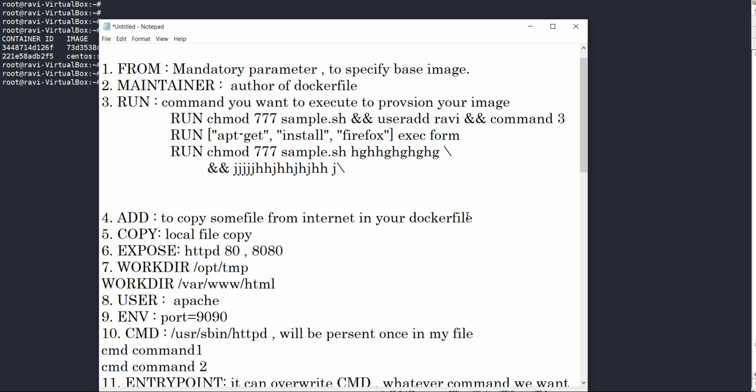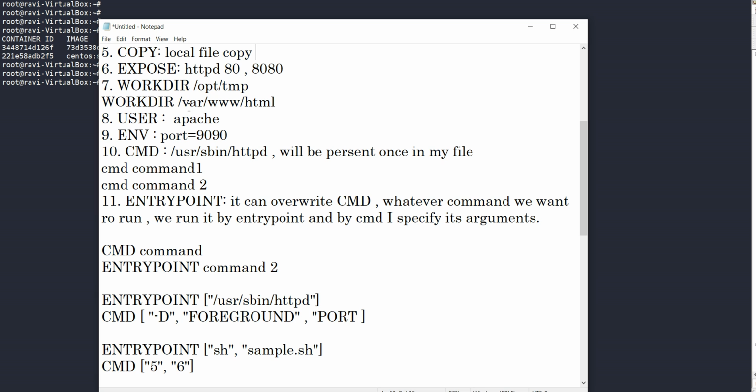ADD is to copy something from the internet, or copy a local file. COPY. EXPOSE is on which port your container will expose the running application. WORKDIR is, when you log in to your container, what the pwd will be. USER is the user who will own your container namespace process. So when you do whoami, that user will come, that you specify here. ENV is where you can define environment variables. On the basis of these environment variables you can take multiple actions.